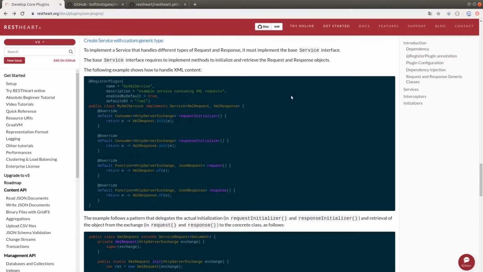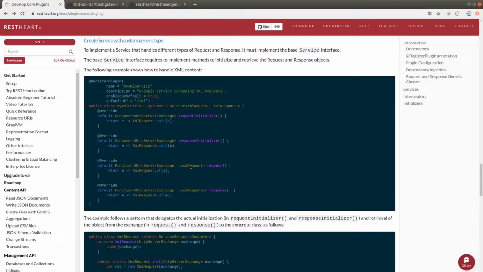The types we just saw are the most common ones and cover most situations. However, we can create a service which can manage different types of requests and responses. In this case, it is necessary to implement the service-based interface rather than one of its specializations. Let's quickly look at this example. We will not spend much time on this because this topic is a bit more complicated compared to the others. Therefore, it would require deeper insights.